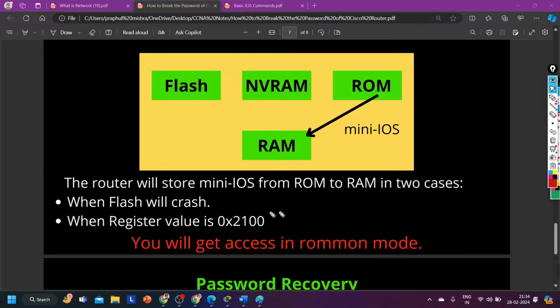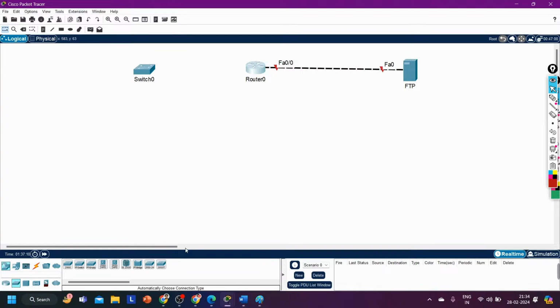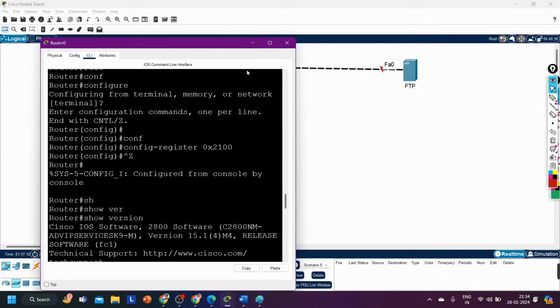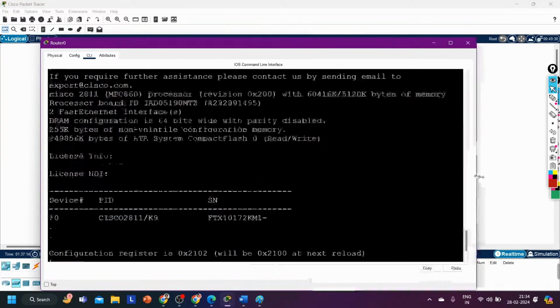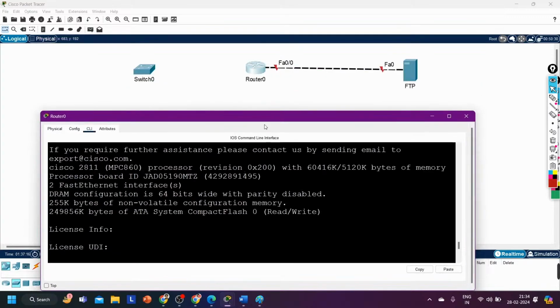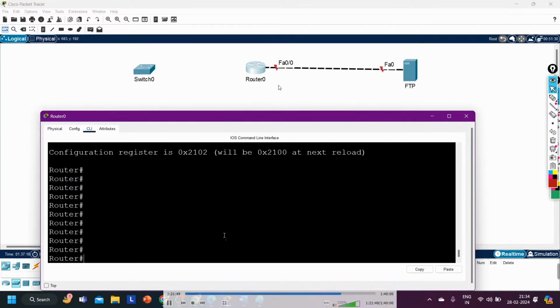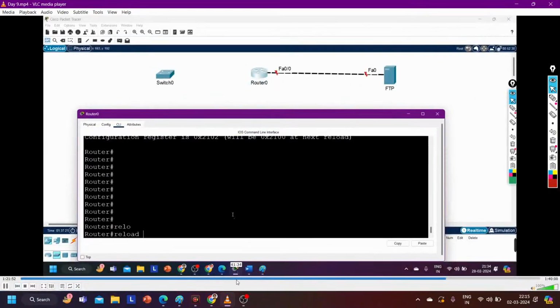And to enter ROMMON mode, what you need to do: first turn off your device, then turn it on. While the router is booting, at that time you need to press Control plus C. Control plus C, like you can see in Packet Tracer. I have access to this router, right? Sir, in every router we need to press Control